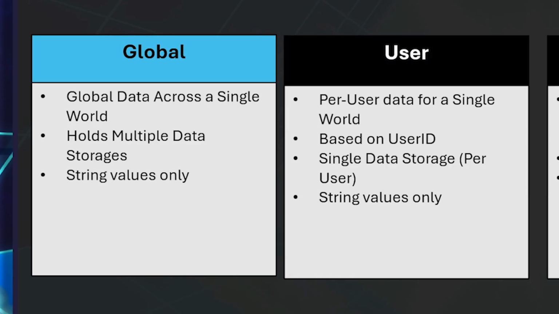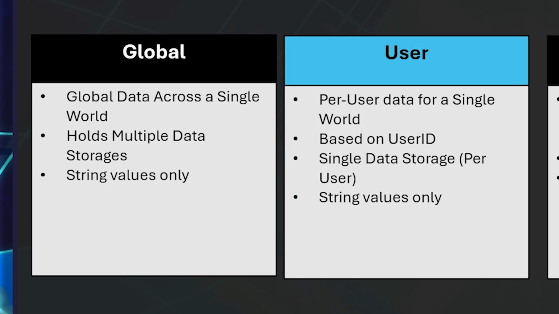to strings. User data storage, on the other hand, is intended as a storage space assigned to each individual user and must be accessed by the user's ID. So this means that you need to know the user ID to access this data storage space, and the space houses a single container of data that this player owns. Similar to global data storage, only string values can be stored here, and complex data types must be serialized to